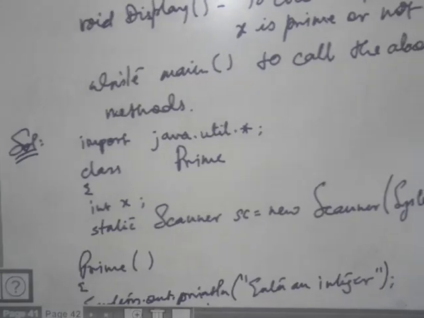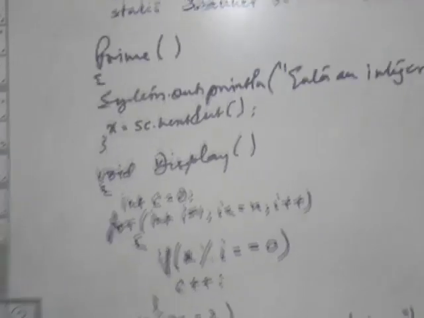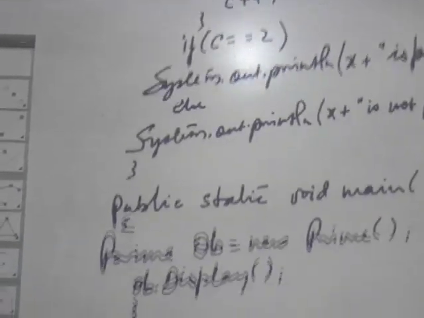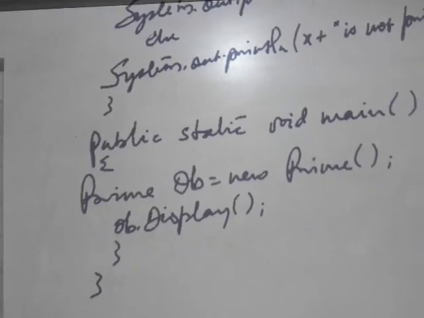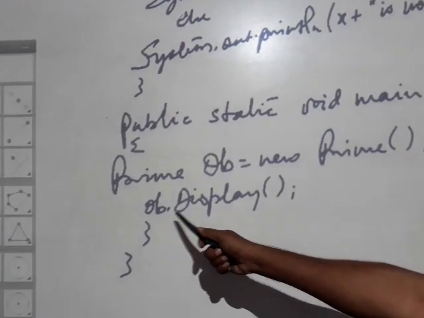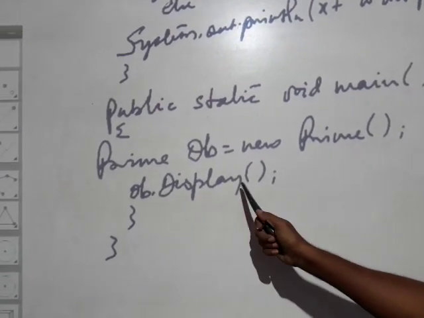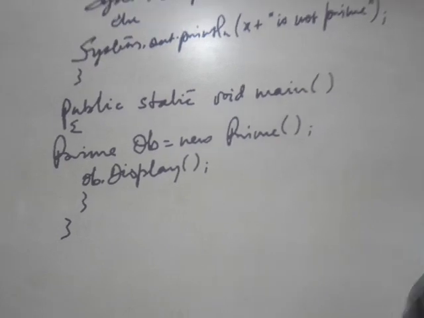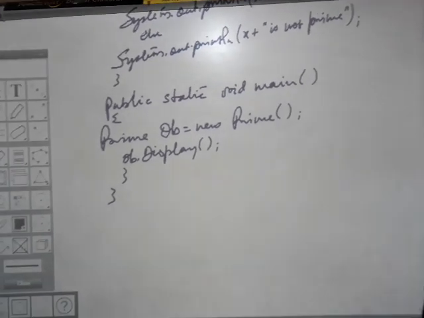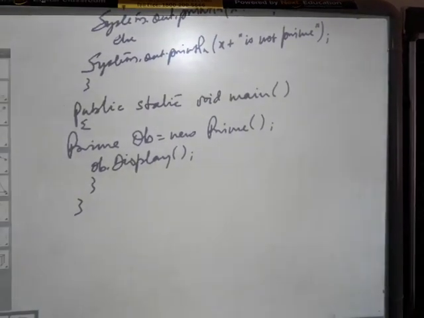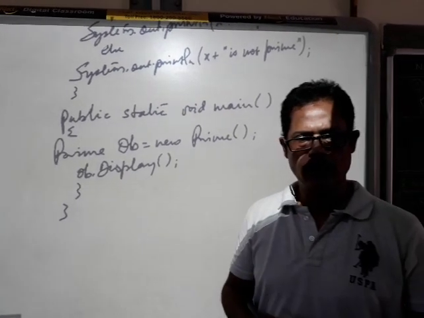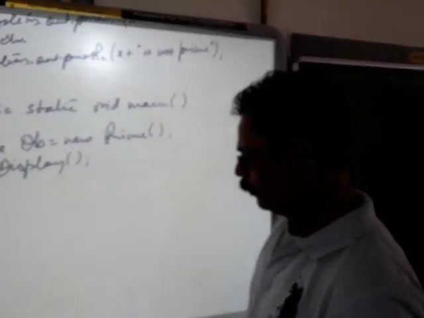And then again, as I said, non-parameterized constructors cannot be invoked from the main method, and so here we have no input method, so we have only the object, that is what you call display. So through object creation we have invoked the display method only. So that will be automatically invoked. Constructor will automatically be invoked the moment we execute a program. Okay. Now we move on to the next one.